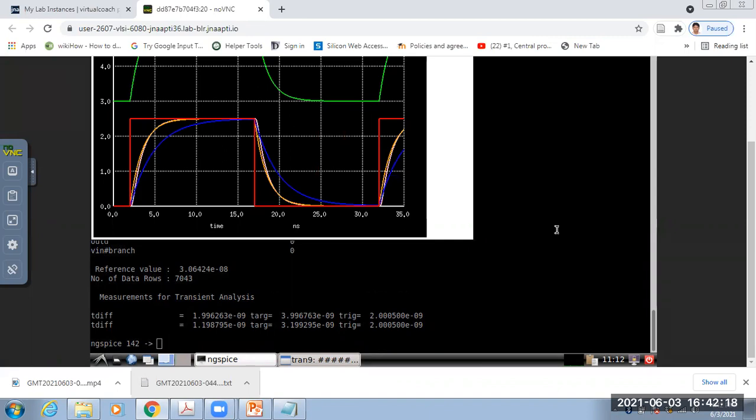So it's almost close. You calculated 1.98 and you are getting 1.99, and you calculated 1.09 and you are getting 1.19. Okay. So is everyone understanding, or do you still have some problem?